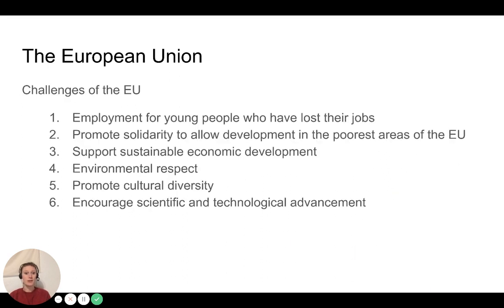Challenges of the EU. Employment for young people who have lost their job. Promote the solidarity to allow development in the poorest areas of the EU, support sustainable economic development, environmental respect, promote cultural diversity, encourage scientific and technical advancement. So these are things that the EU has to keep in mind when it is discussing